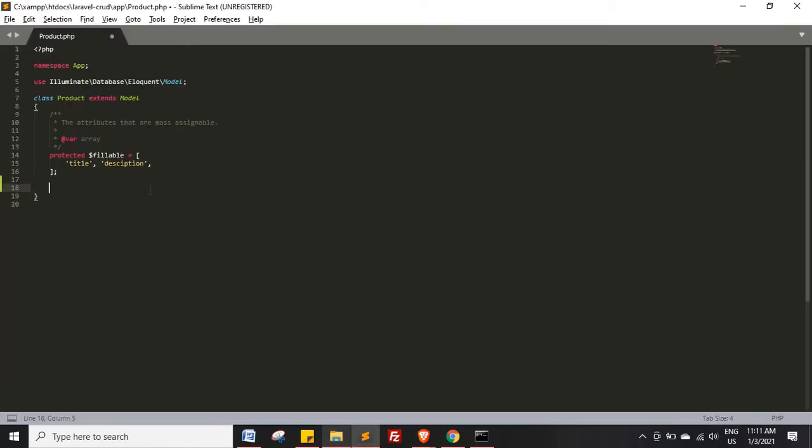So now we will define our first accessor. It will be a public function. The start of an accessor name will always be get, then the name of your column.